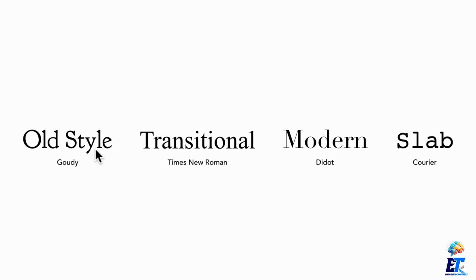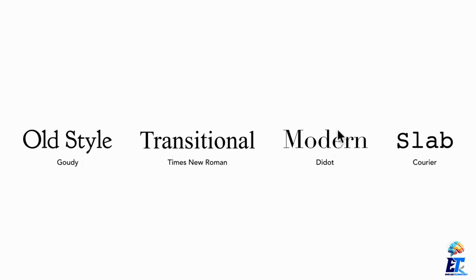The next subtype is transitional. This is a transitional typeface, but we're using it as Times New Roman. Times New Roman and Baskerville are both transitional serif fonts. And one thing you'll notice is the difference between thick and thin lines over here, these strokes. They're a bit more pronounced here if we compare this to something like old style. We start seeing a little more contrast between those strokes, but not as much as modern or